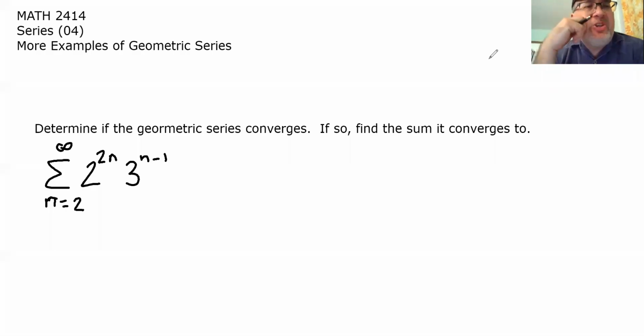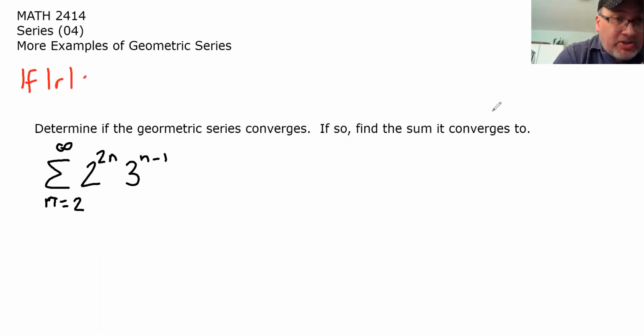Math 2414, Series Video 4, more examples of geometric series. All right, so let's just take a look at some. But let's remind ourselves exactly when a geometric series converges, and what it converges to. If the absolute value of the ratio is less than 1, then